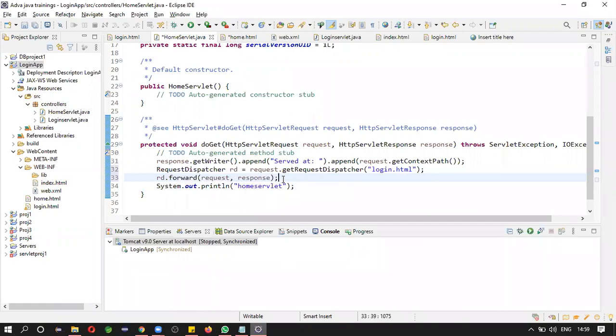For that, you need to pass the request and response as parameters to this forward method. So now what will happen when you try to forward this? It will be forwarded to this resource. What is this resource? Now this is an HTML file. The request will be sent to login.html. Let us see whether it will happen or not.